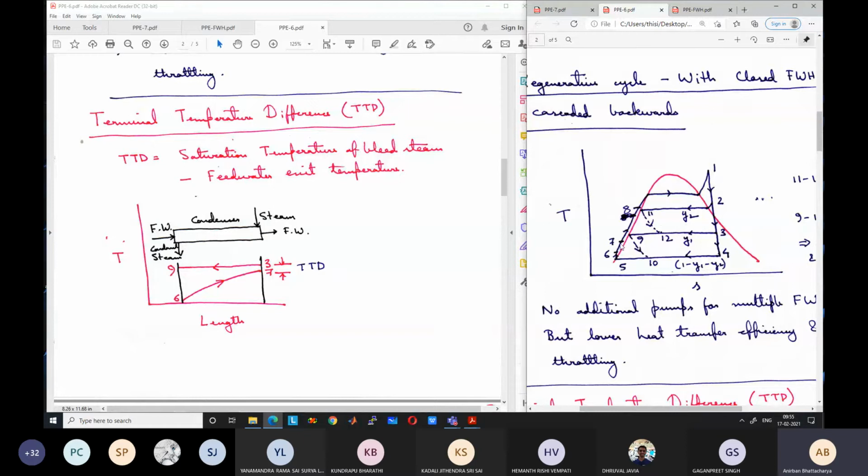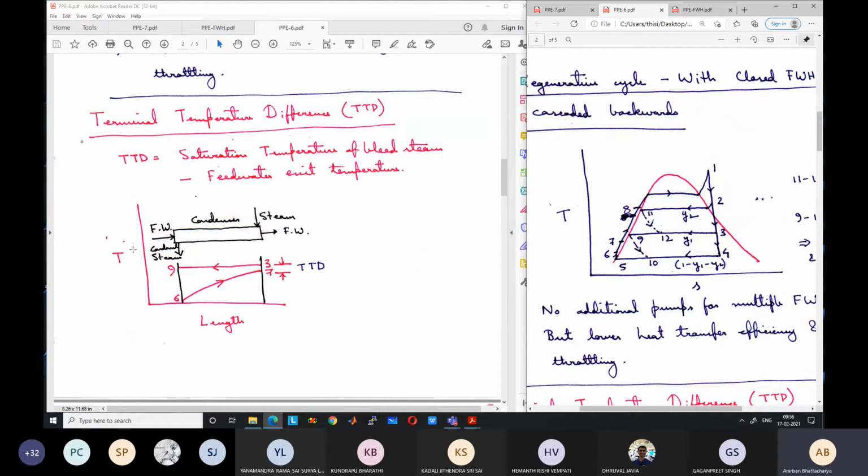The steam enters the counterflow heat exchanger at state 3 and loses energy. It goes out at state 9, but the temperature does not decrease. The y-axis is the temperature. Temperature does not decrease because it is only the condensation process that releases the energy. The vapor gets converted to liquid, and the temperature does not decrease.